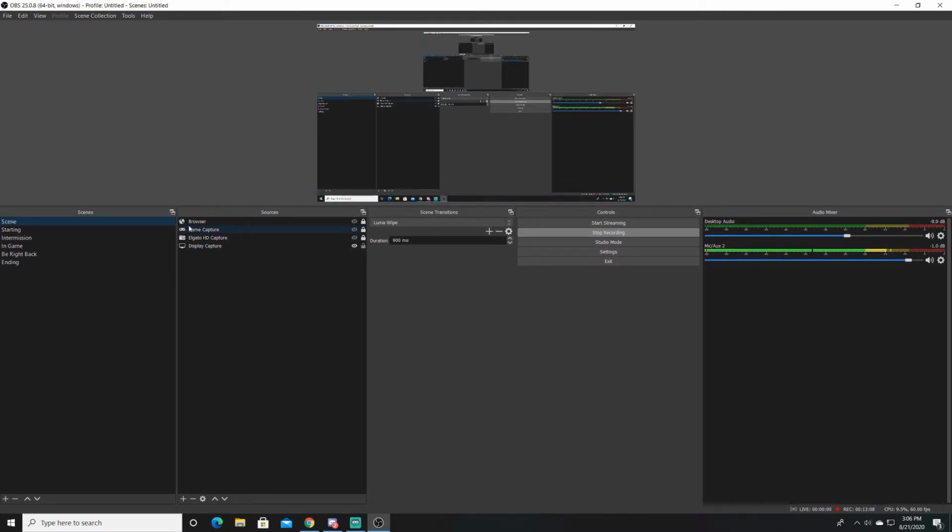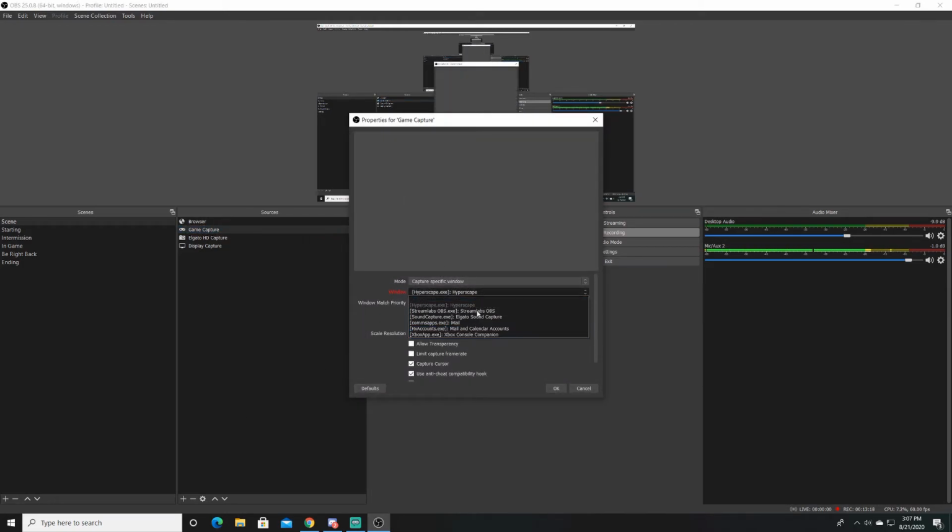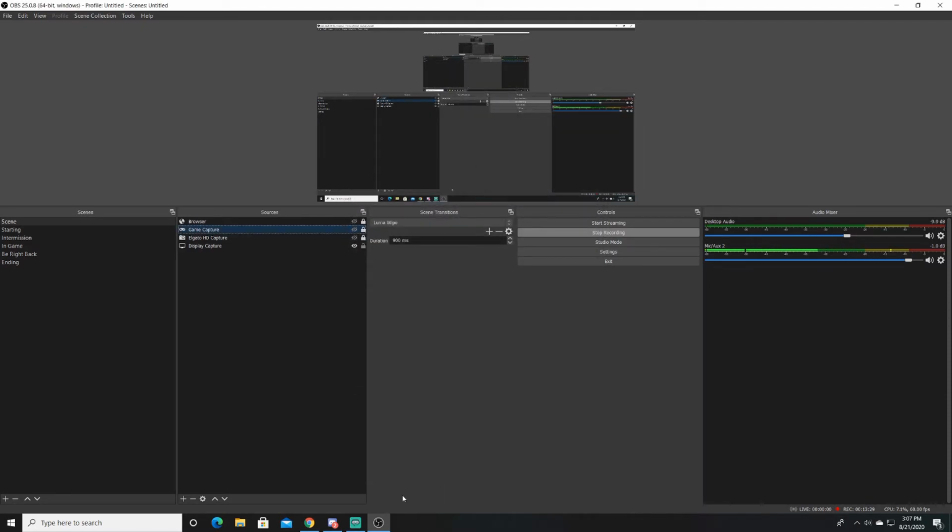If you look here, we have this thing. It's called game capture. This is what you're gonna use to stream any of your games. And then if you just click properties down here at the bottom, you should be able to change to whatever game is up. Last thing I played was Hyperscape. So Hyperscape was there, but of course I don't have another game open, as you can see from down here. So Hyperscape, you'd be able to click that or whatever game you're playing, Rainbow Six Siege,